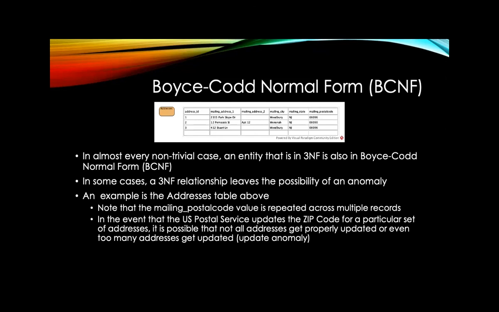non-obvious anomaly. So the first and most frequently violated contingent in this is zip codes change from time to time. We don't typically worry about it. When you put together a database of employee mailing addresses, you don't sit down and say, oh, dear God, everybody's got the same zip code. Let me pull it out into a separate table just in case the Postal Service ever changes a zip code